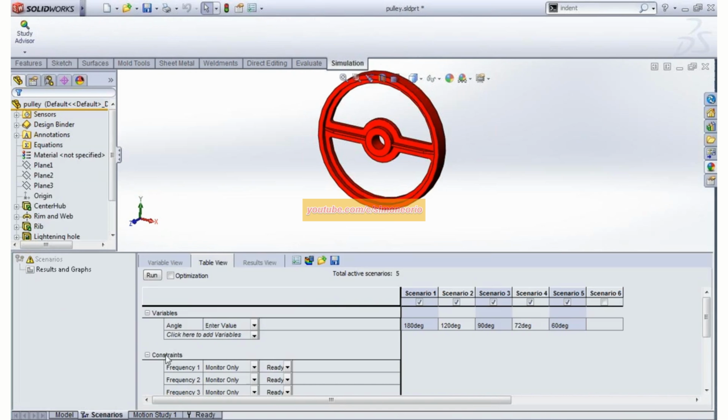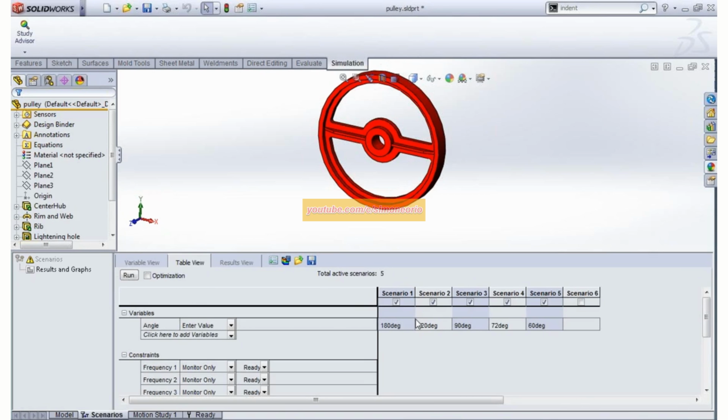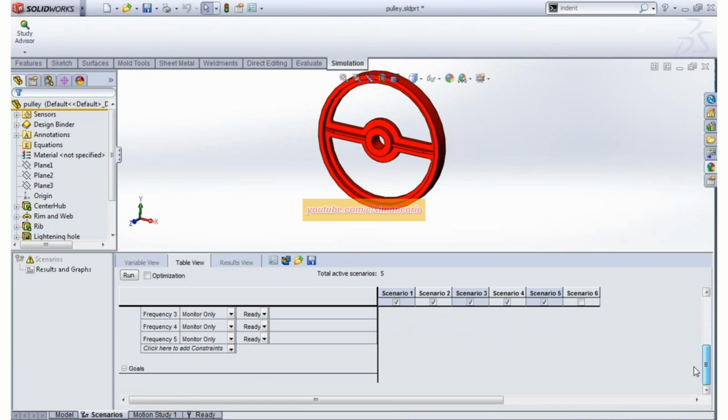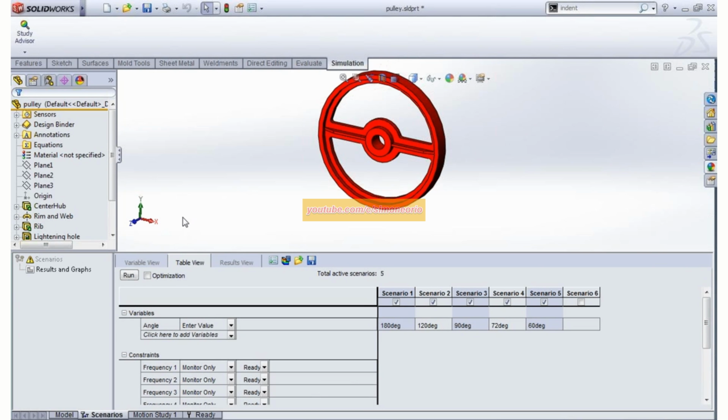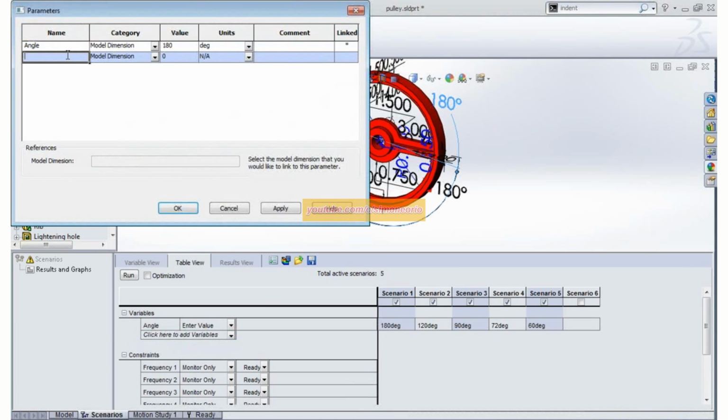Now we want to run some scenarios where we enter the variables as far as changing the number of spokes. And we want to monitor the natural frequency. So we do that by entering a variable. So we have a parameter. You can give it a name.